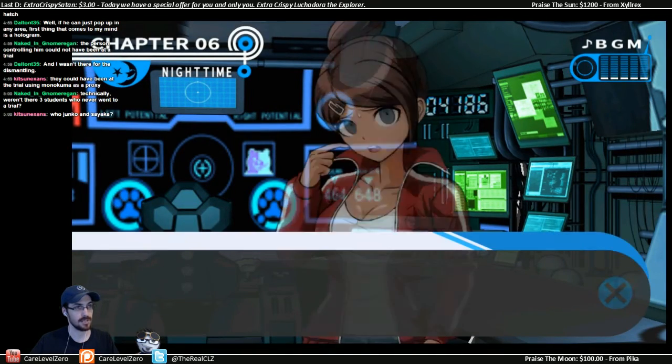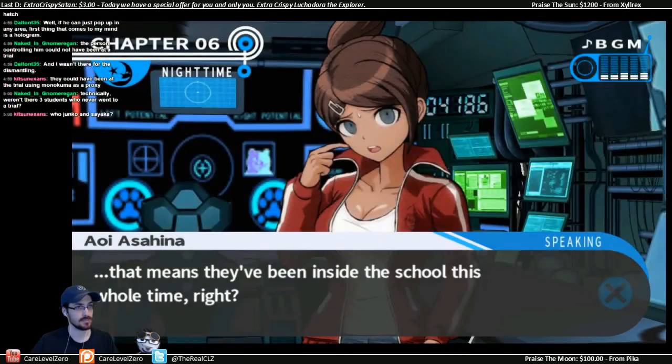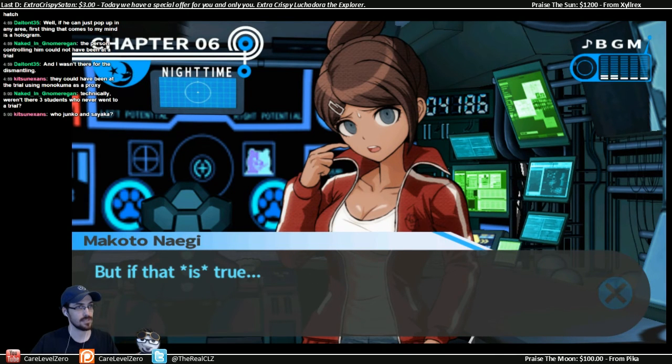Kyoko's theory was right. But if the mastermind's been controlling Monokuma from here, that means they've been inside the school this whole time, right? I guess that would have to be true. If that is true...